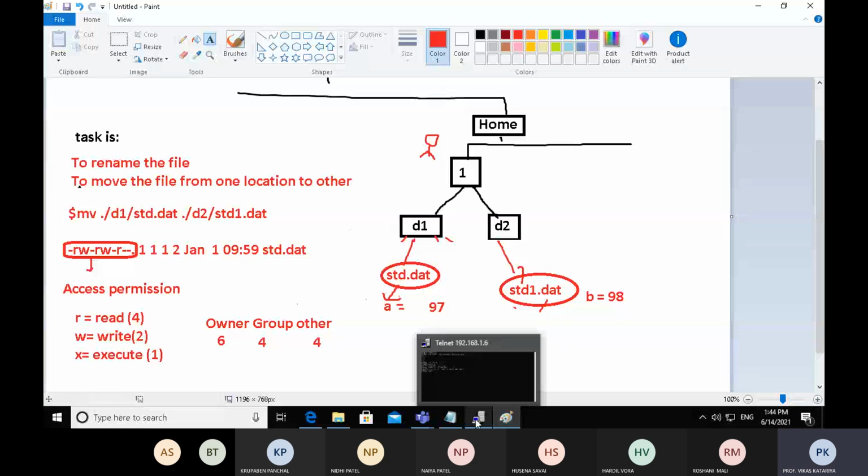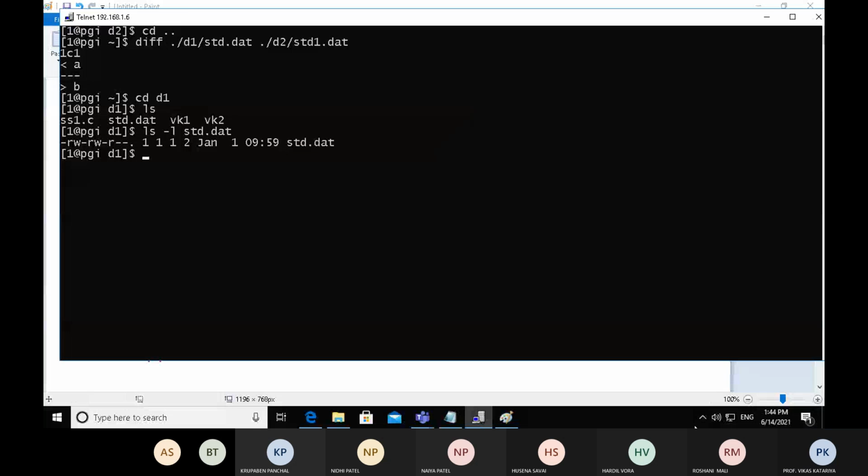Let's understand by example. This is the attribute access permission, which is the default access permission provided by the kernel. If you want to change the access mode, use chmod followed by the access permission mode, followed by student.date. I am applying the permission mode to my file.